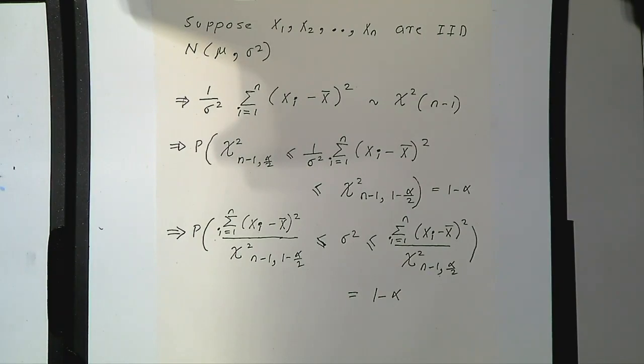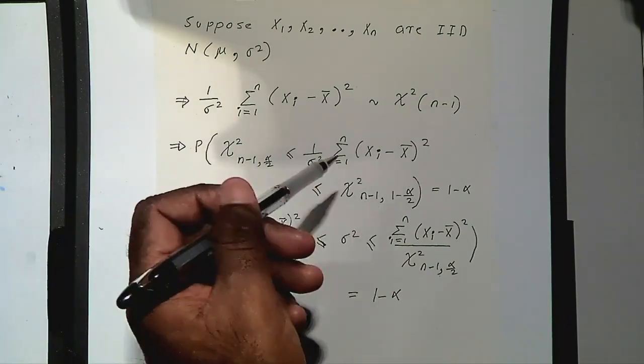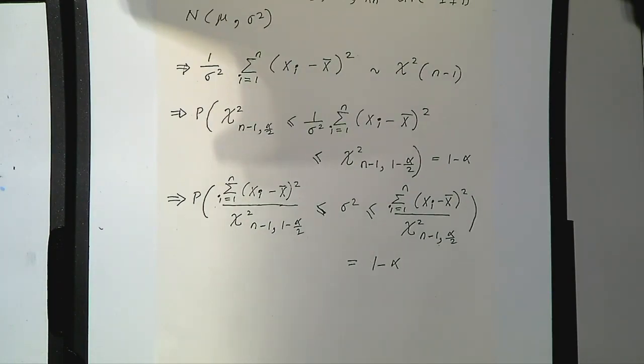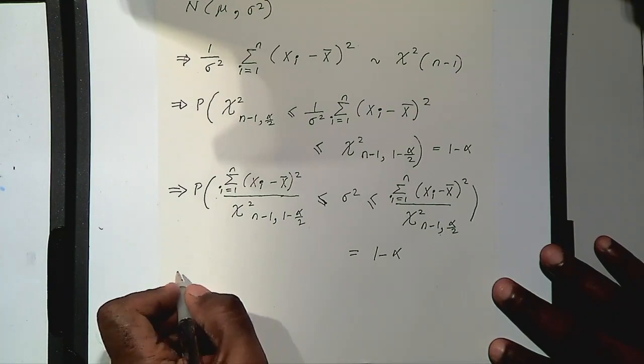You see what I've done? I have rearranged this statement here as a statement on sigma squared. So this becomes this. Now from this statement, it is immediately clear what the confidence interval for sigma squared should be, right? Okay? So hence,